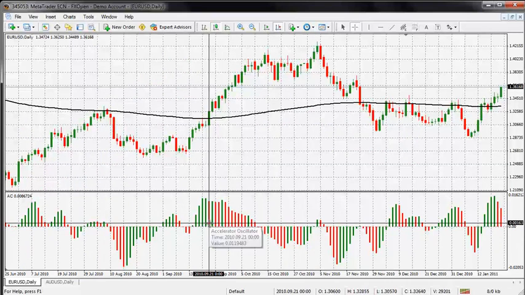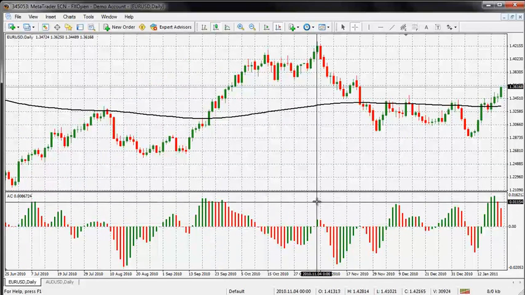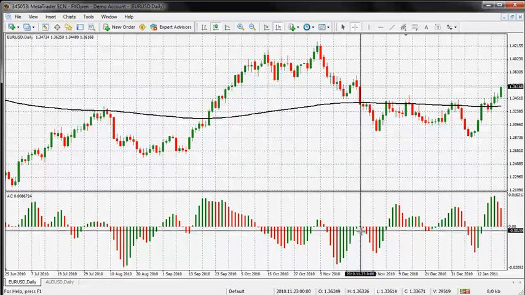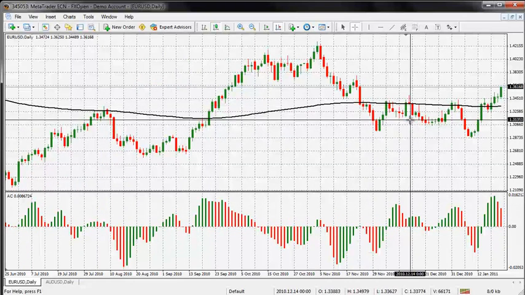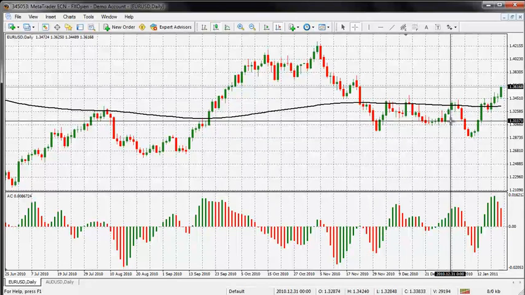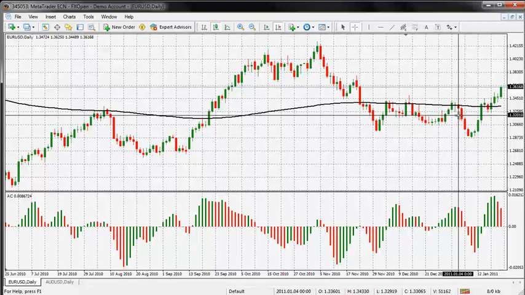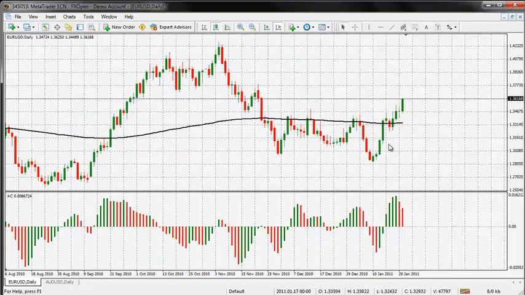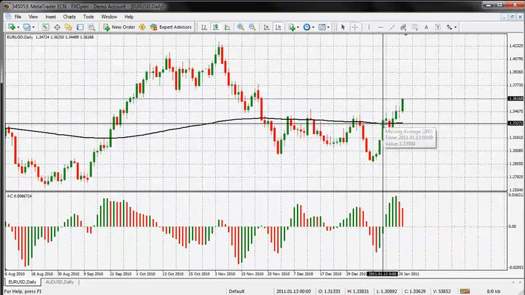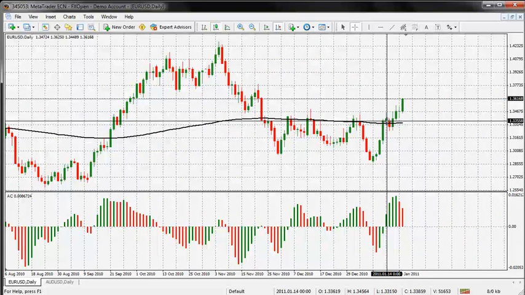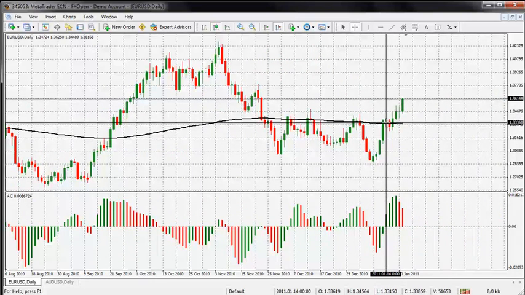Here we see it's on the red one, and then I'm taking a look at this one here where it penetrates. It's not below. I'm going to take a look at this one. That's not below, and that one's not below, but that is red, and that one's red, and it came down, and that one was in a downwards trend, but that one opened and closed above, but that was